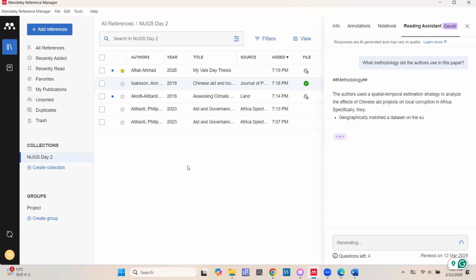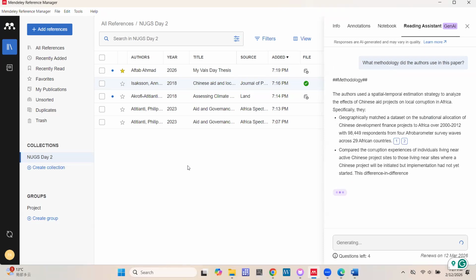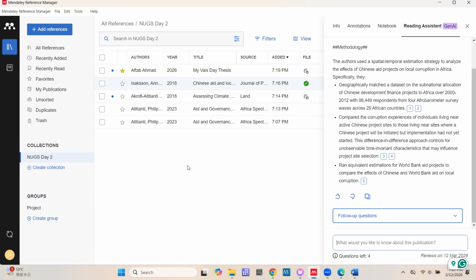And then it would be able to say the authors use a spatial temporal estimation strategy to analyze... Great. So this is a cool feature, right, that you can use. Eventually it gives feedback. It says the authors use a spatial temporal estimation strategy to analyze the effects of Chinese aid projects on local corruption in Africa.